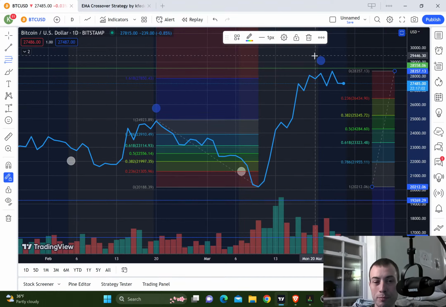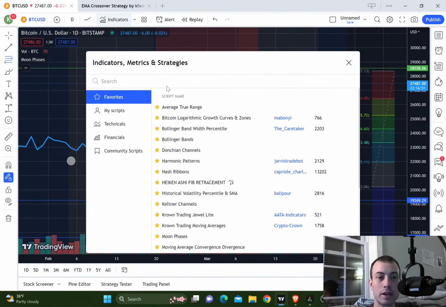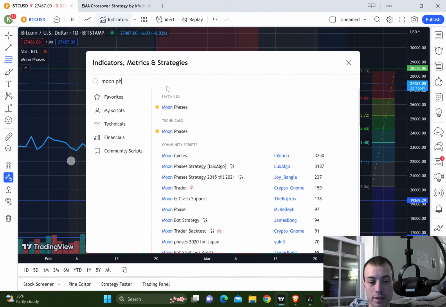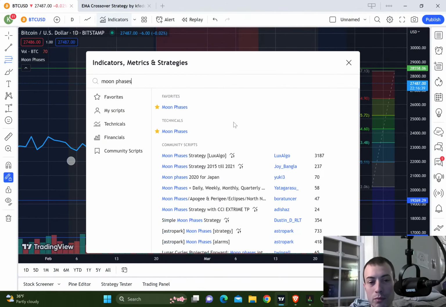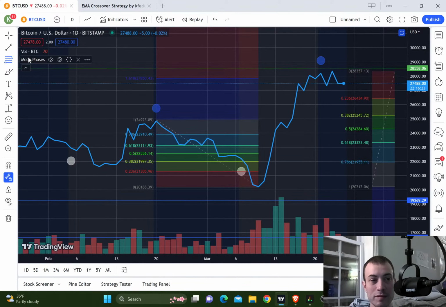Now, as for the moon indicator, that is called moon phases. You would go into your indicators bar, type in moon phases, and it looks like there's a couple different ones. It looks like Lux Algo has one. I've never seen that, but I love Lux Algo, and it has a strategy. So I'm curious. Oh, I need to get rid of some stuff real quick. So we're gonna do some